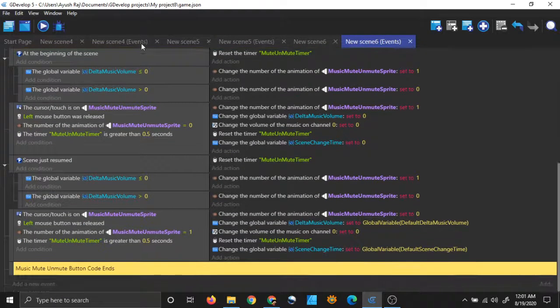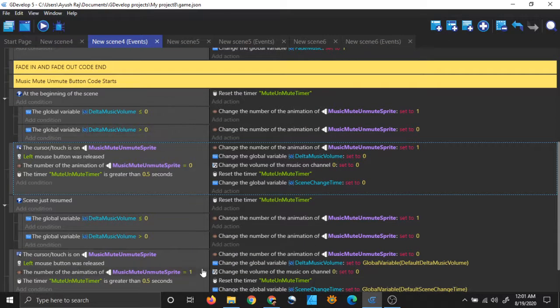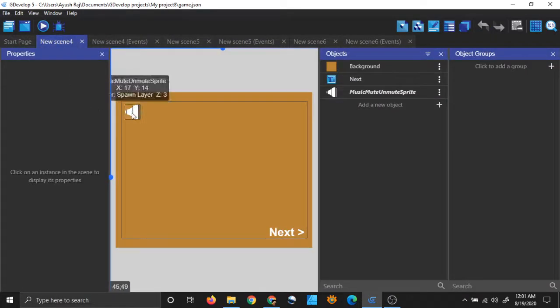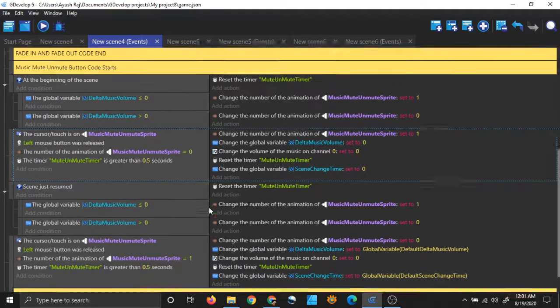And you don't have to change anything here. I didn't change anything, I didn't tell you to change anything. You can simply copy from here to here and put it in your scenes, and also put this object in your scenes with these two animations, and you will have implemented your mute and unmute thing for the music.